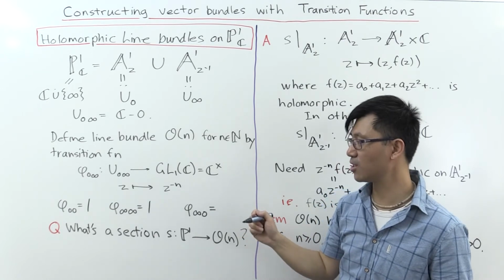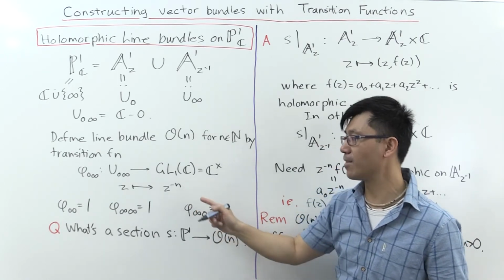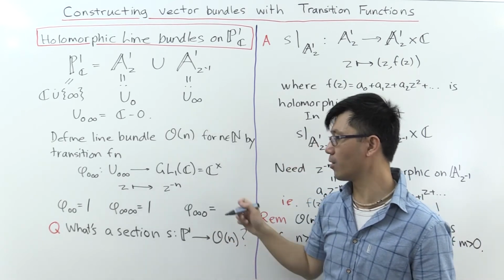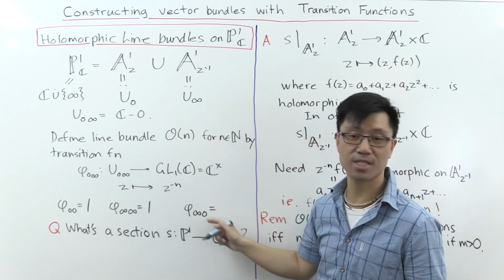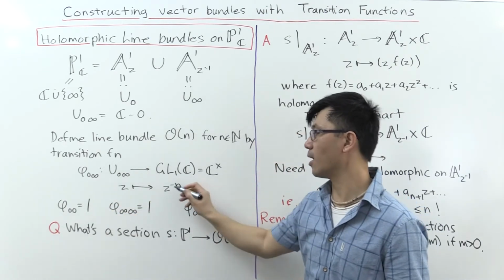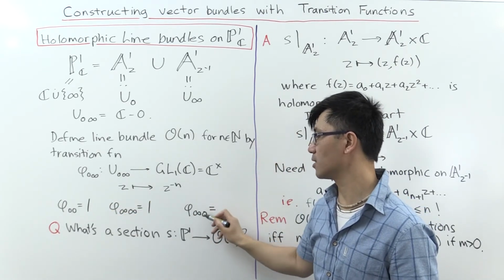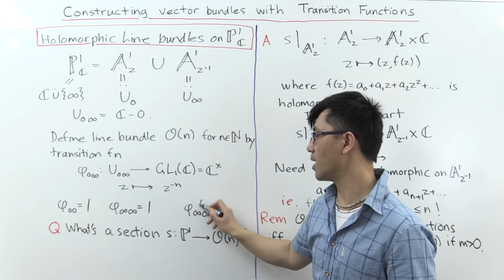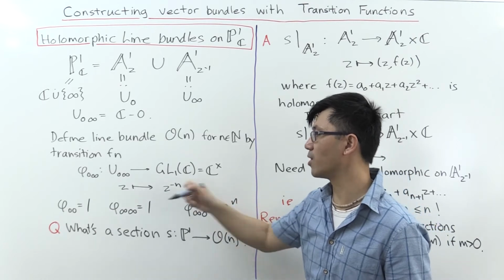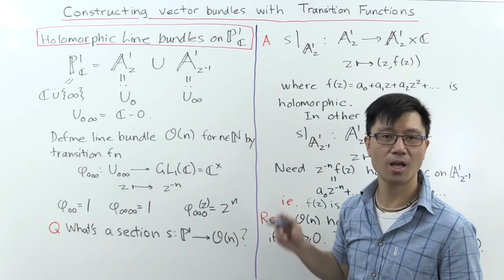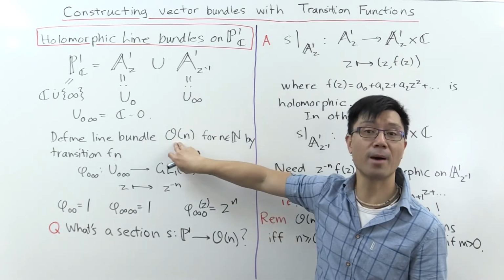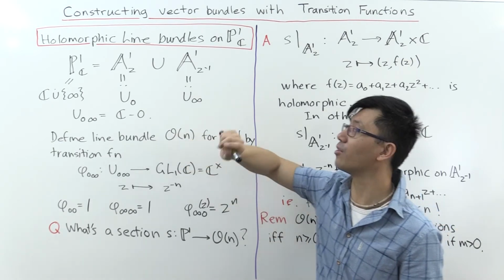So the cocycle condition tells you that that's the case, and that means that you just want to make sure that when you multiply this with whatever this transition function is here, you'll get the identities here. So of course, that's the function phi infinity 0 of Z is equal to Z to the n. So when you multiply this with this, you get 1. Okay, so now we have the data which defines an actual line bundle, a holomorphic line bundle on the complex